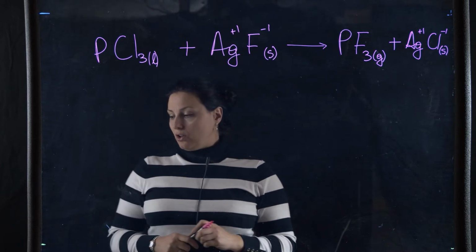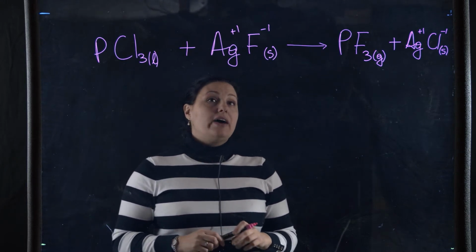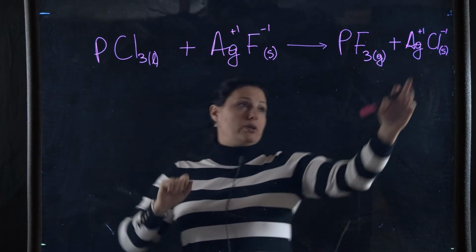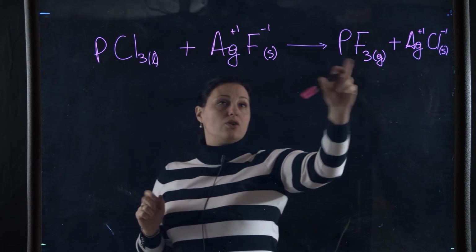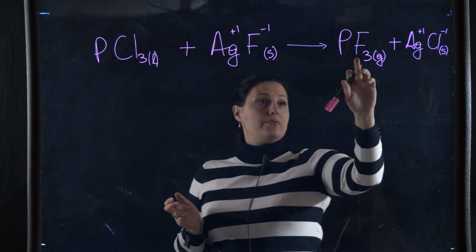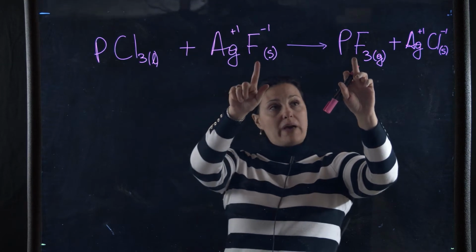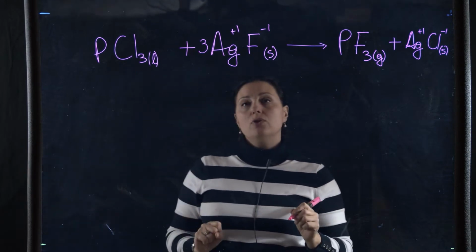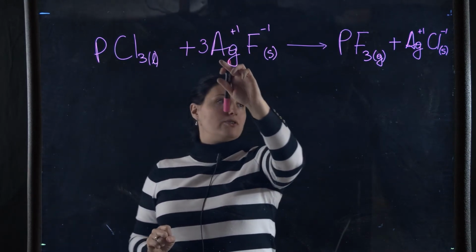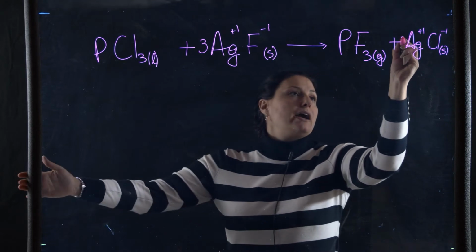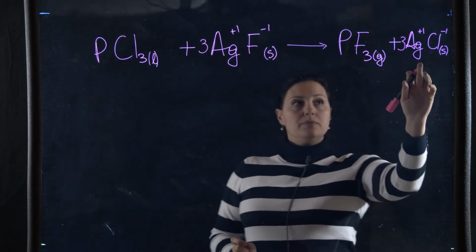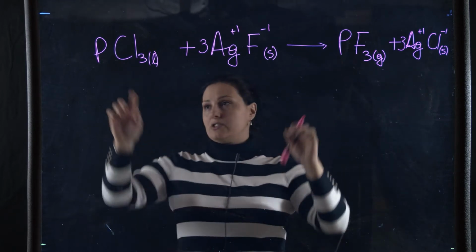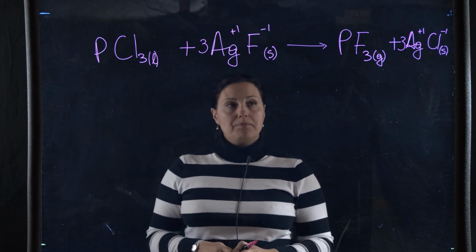And now I can take a look and see if I have this reaction balanced. I do not, because I have 3 chlorines over here, only 1 over here. I have 3 fluorides over here, but only 1 over here. Therefore, to balance my fluorine out, I can put a 3 in front of silver fluoride here. But now I changed my silver, I made a 3, and therefore I can put a 3 in front of that molecule. 3 silvers, 3 silvers, 3 chlorines, 3 chlorines, 1 phosphorus, 1 phosphorus, and I'm balanced.